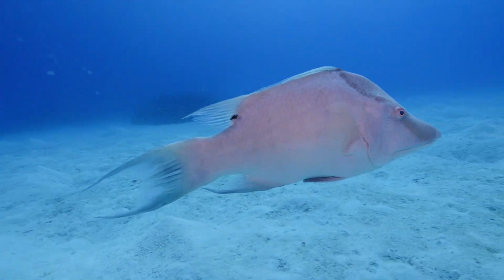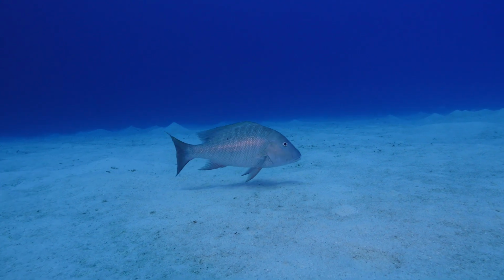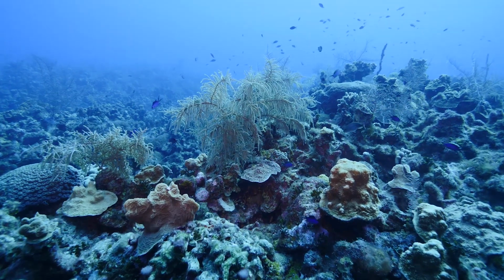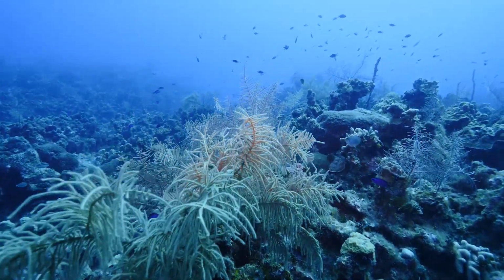So after checking out that hogfish and that mutton snapper, we moved a little closer to the wall and we started coming up on this reef that led to the wall, and the reef was just, in my opinion, absolutely gorgeous. There were little tropical fish all over it. There were big sea fans and coral, and again, there were a lot of mutton snapper on that reef,